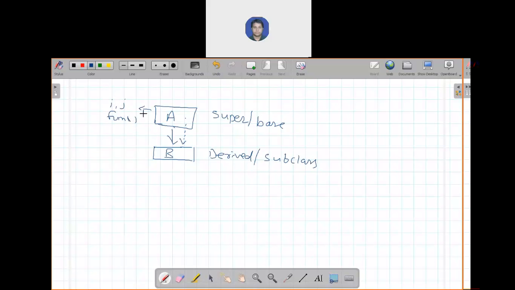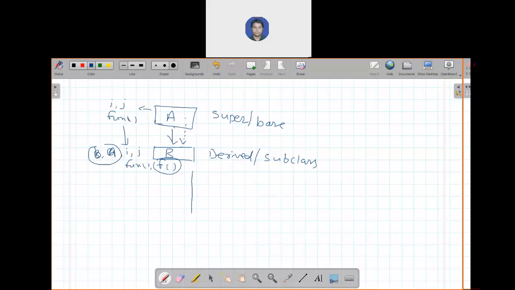These two data members and this function will be copied as is by class B, and it might have another function of its own, like F, and its own data, small a and small b. So it copies data from another class and may also have its own data. This is the simple concept of inheritance.